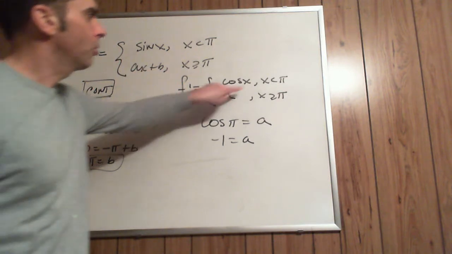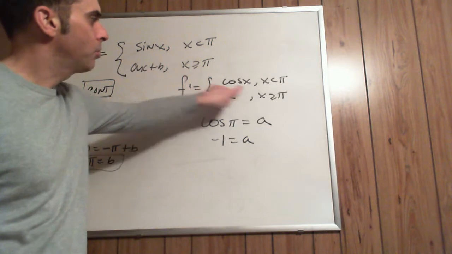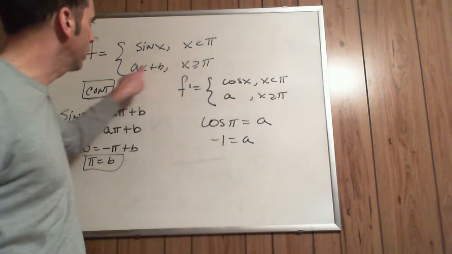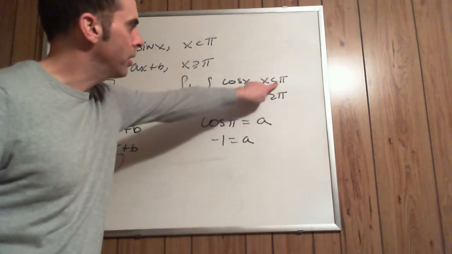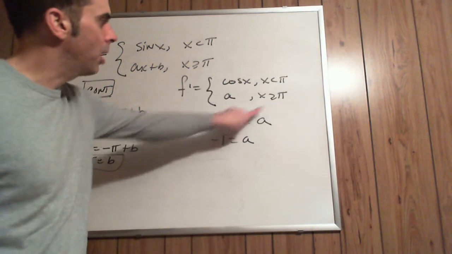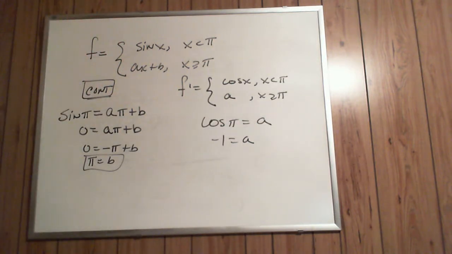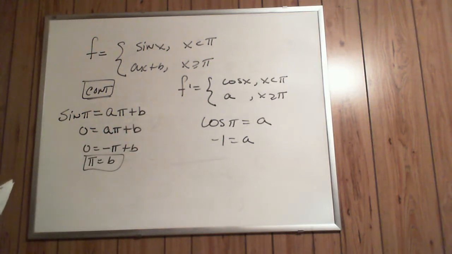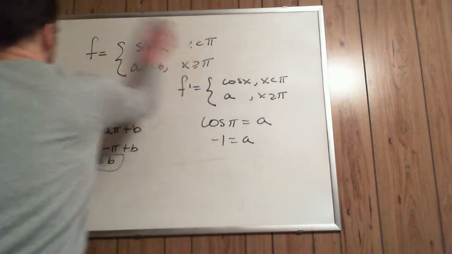So the slope for x less than pi is cosine x, and the slope towards the right, as we approach pi from the right side, is a. The derivative of this piece is a. And then you take the limits of each piece, pi into here is cosine pi, and this is just a constant now, which is a. And the cosine of pi is -1. Substitute this back in here and you get b to be pi. Okay? And next is